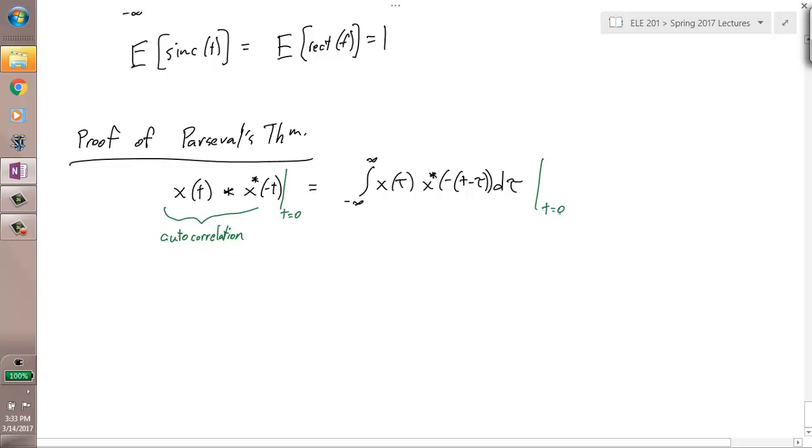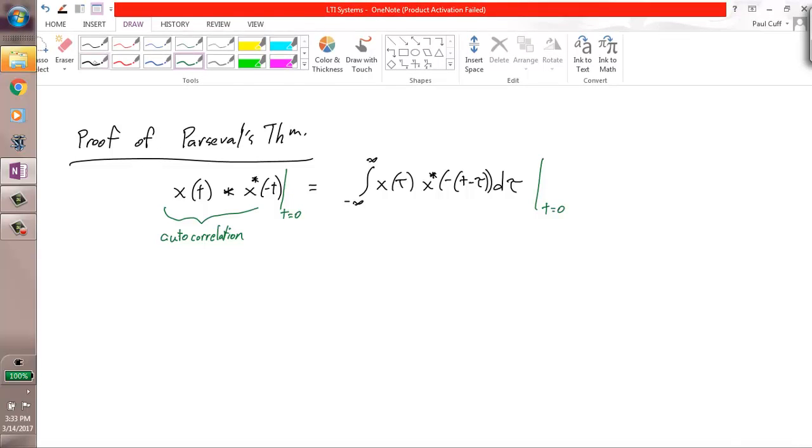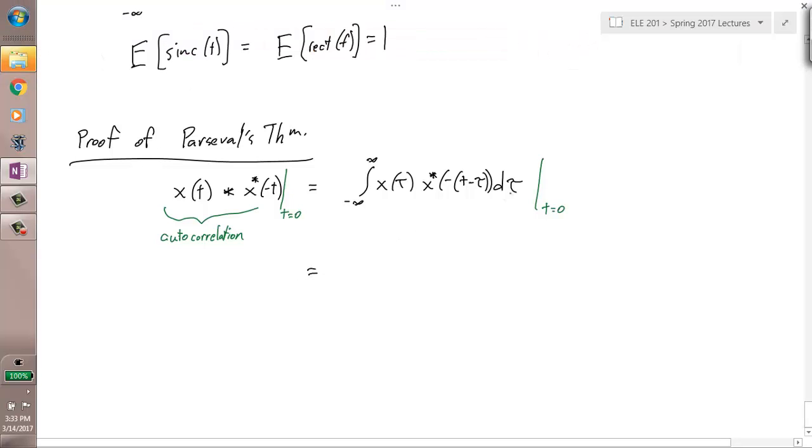Okay. And it turns out that the autocorrelation function at time 0 equals, well, I just plug in 0 for t, integral negative infinity to infinity, x of tau, x conjugate of, and now it's tau, d tau. But x times the conjugate is the absolute value squared. So it equals the integral from negative infinity to infinity of |x of tau| squared d tau. All right, so that is the energy